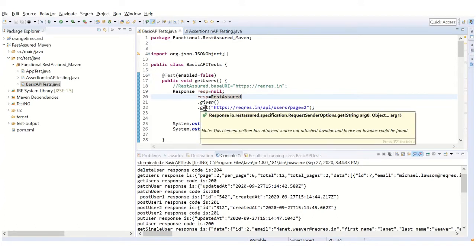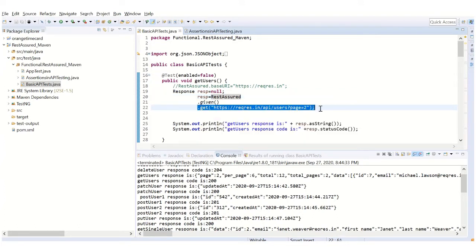When there is a condition, we do certain actions such as firing a GET request over here, and then we validate the response. This is how the BDD structure will be, and REST Assured follows a similar pattern. So that's where given is brought from.